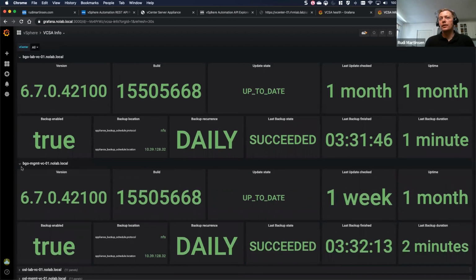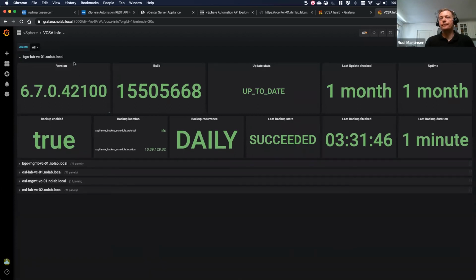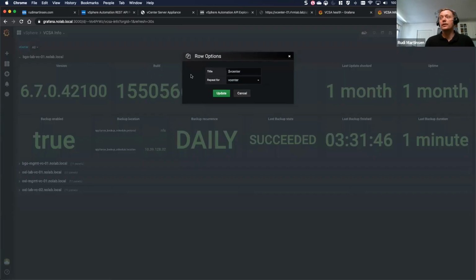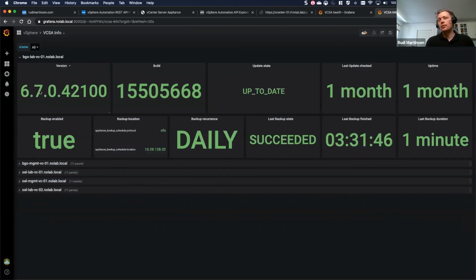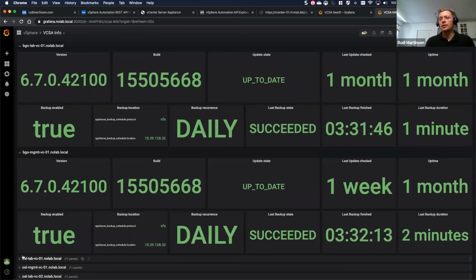I'm using the repeating feature in Grafana, which means that I can have one of these rows per vCenter available in this list. So I've built this out one time, and then the repeating feature will give me one row per vCenter. So an easy way to display